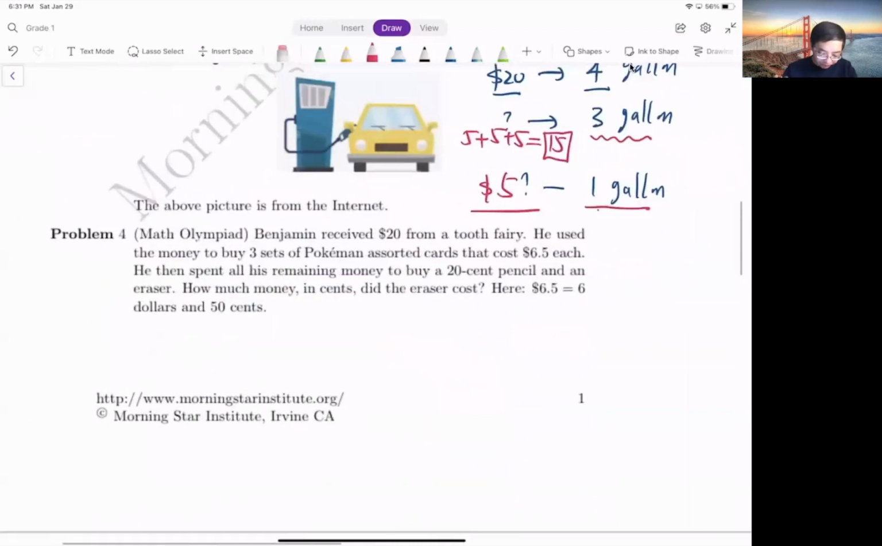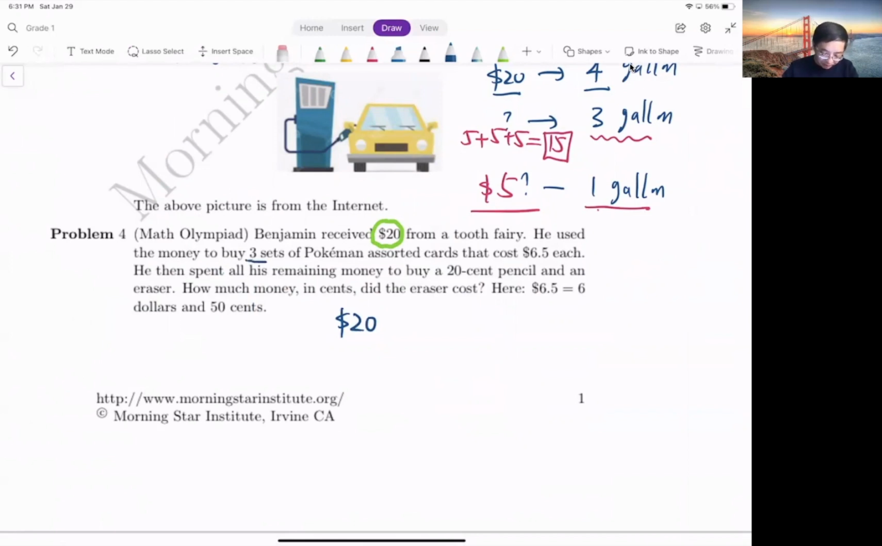Question number 4. Benjamin received $20 from a tooth fairy. All right, so here's the information. Let's keep it here. Let's mark it. So $20 from a tooth fairy. So starting from 20. He used the money to buy 3